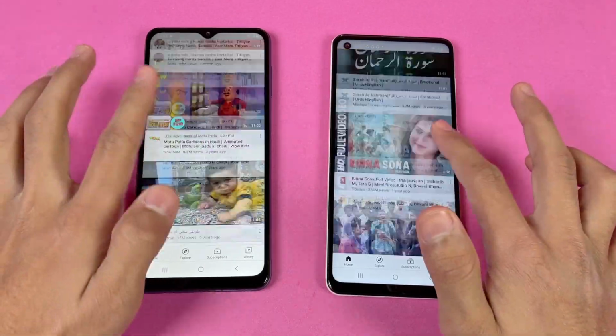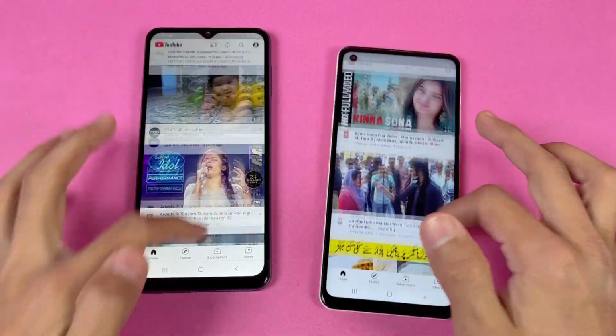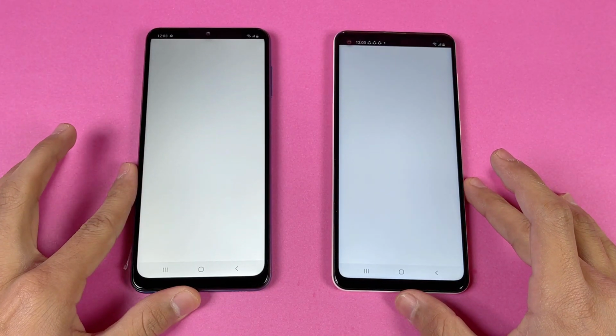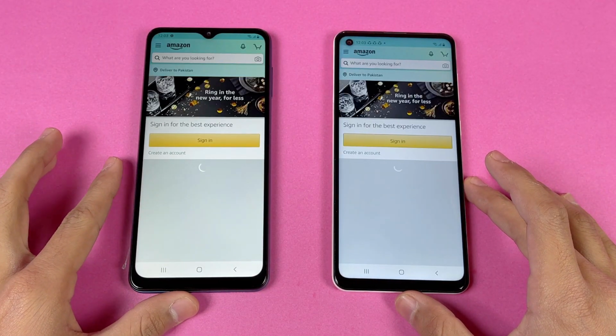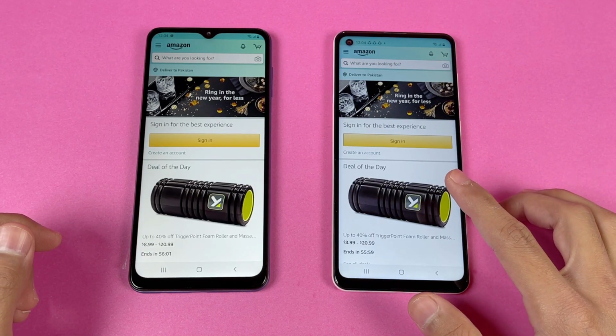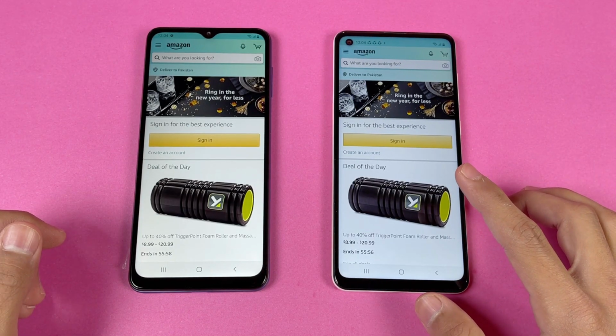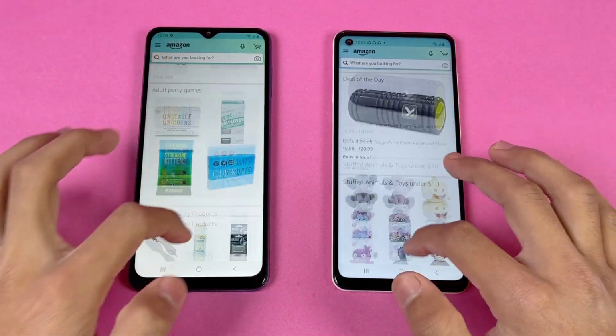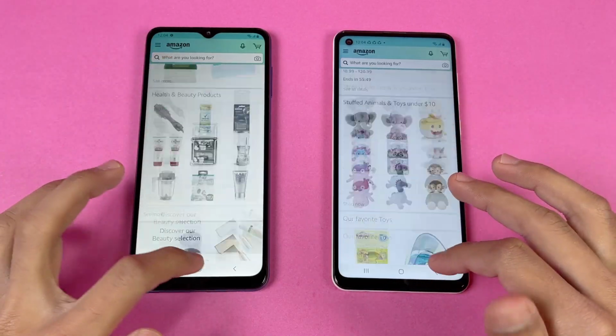Both phones give you a 60Hz refresh rate display. Now let's see Amazon shopping. You can see the Samsung Galaxy A21s looks a little bit faster as compared to the A12. Let's see the scrolling, and it feels really smooth on both phones, no lag whatsoever.